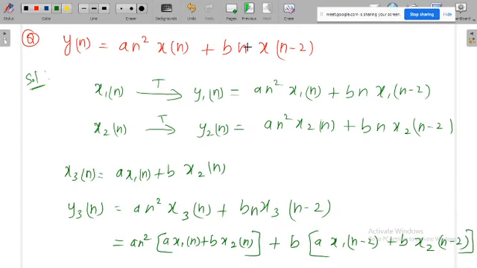Because in the original equation bn is there, so here also we will have bn. Now you just multiply this a n square inside, similarly this bn inside, then later we will try